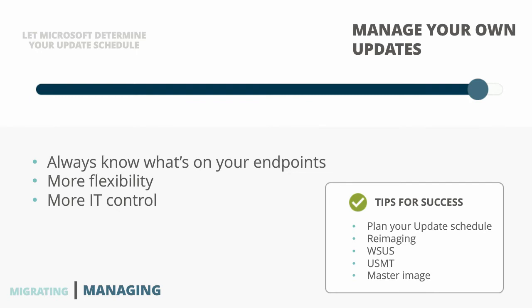If you're going to take this route, plan as much as you can. So know when those releases are coming out. It's 2 times a year right now. And identify the ones that you actually want to go to. You don't have to hit every Windows version. You can skip some if the improvements aren't relevant to your organization.